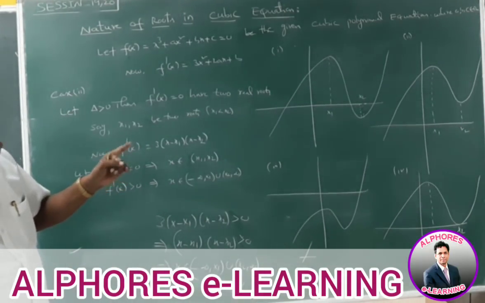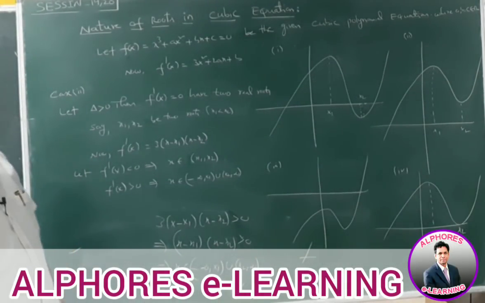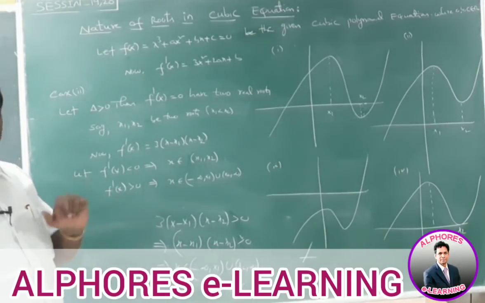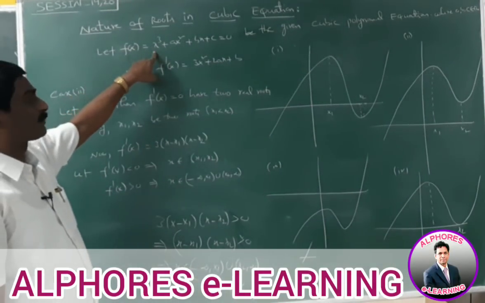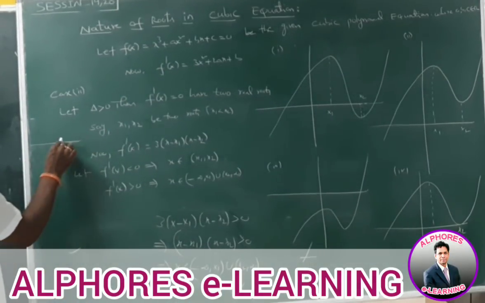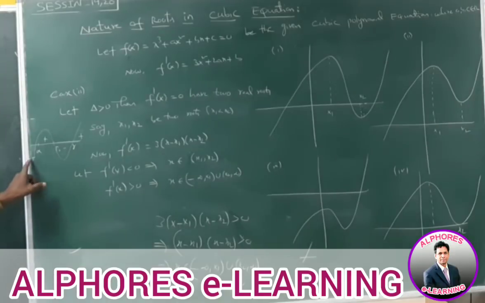Here there are 5 possibilities. First, the turning points of the graph are x1, x2. The graph turns at x1, x2. Here the leading coefficient is positive. By using the wavy curve method, we find for the first one, alpha, beta, gamma are 3 roots, with signs plus, minus, plus, minus. So the graph is in this way.